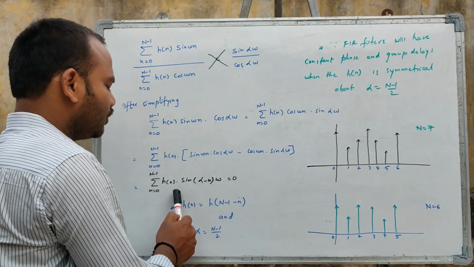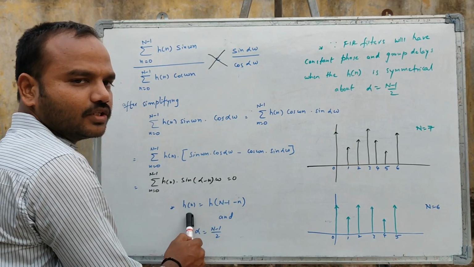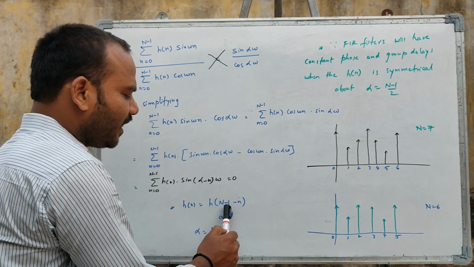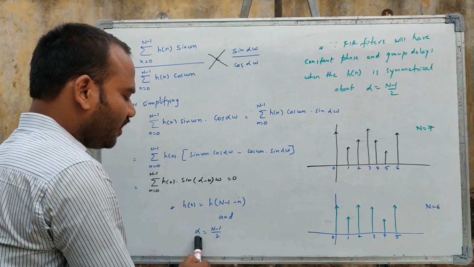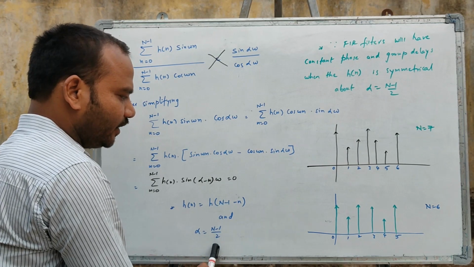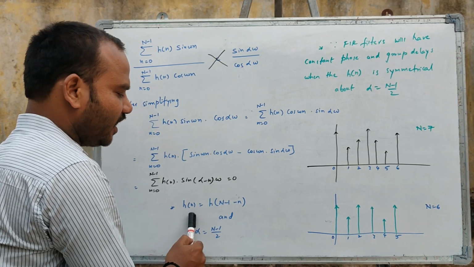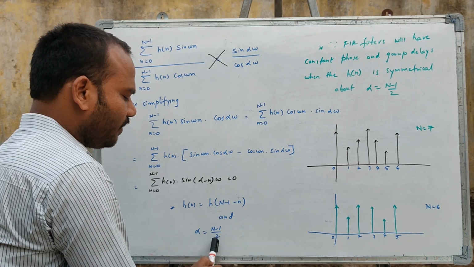The solution for this particular equation is when h of n is exactly equal to h of capital N minus 1 minus n, and the condition is alpha is equal to N minus 1 by 2, that is, the impulse response h of n of the FIR filter is symmetrical at alpha equal to N minus 1 by 2,